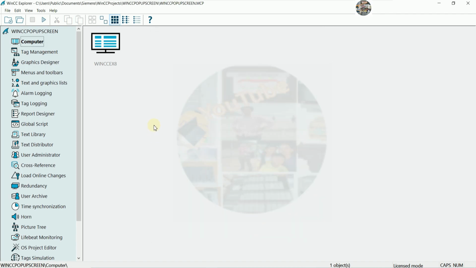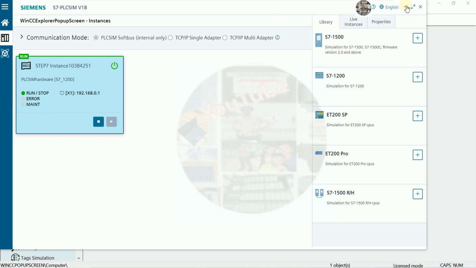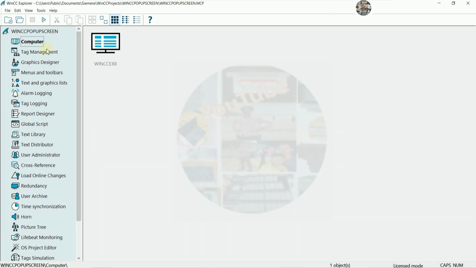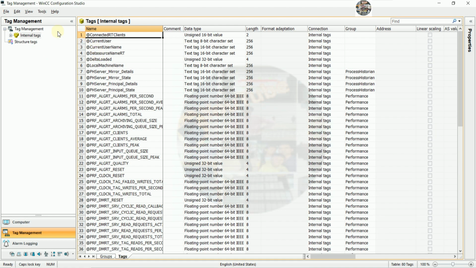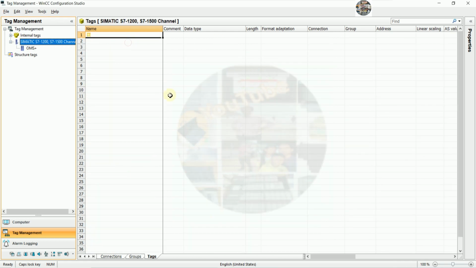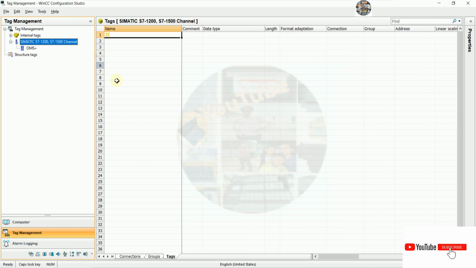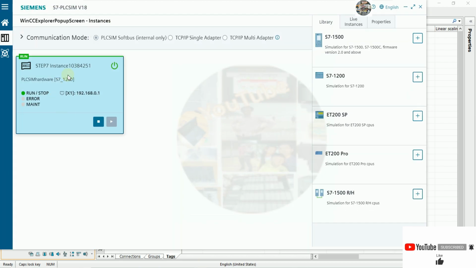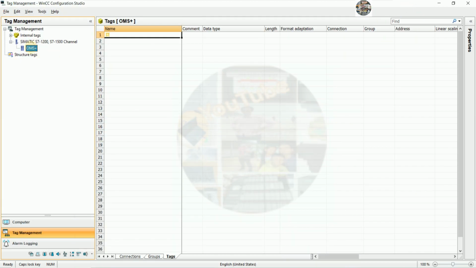So next step, we will create the new connection for communication with the PLC sim. Yes, so we can go to tag management, double click, and go to tag management again, right click, go to add new driver, and then go to SIMATIC S7-1500. Yes, right now I use PLC S7-1200 simulation, so we can go to add new connection, PLC S7-1200 sim,